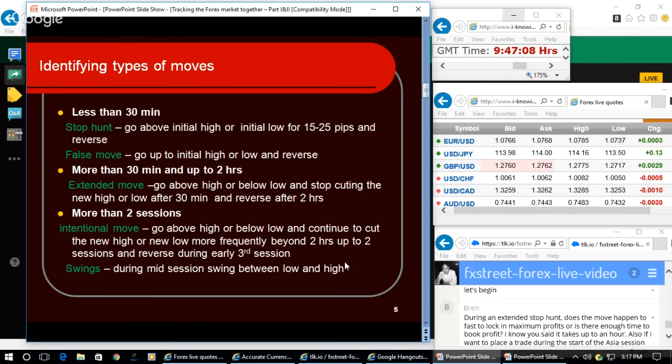When they continue to rise like this, it is an intentional move. The intentional move alternates with the extended move, which is again a quick move. What they do is quickly make a drop during the start of the session or during the end of the session and hold for 2 hours below the initial low, like what I showed in the Australian dollar. Just hold below the initial low for 2 hours, not breaching the new low and not going above the earlier initial high, but they simply hold it.